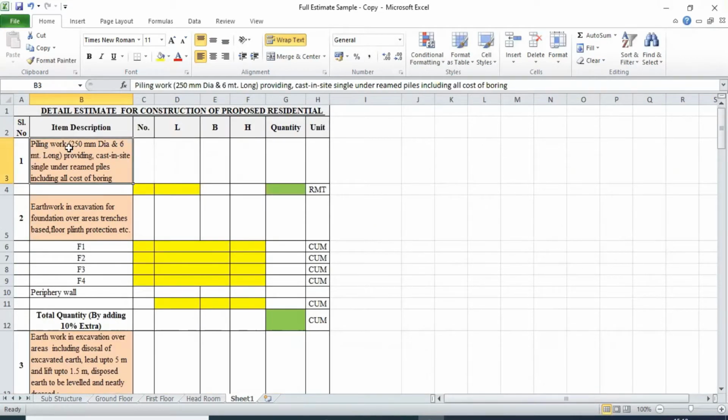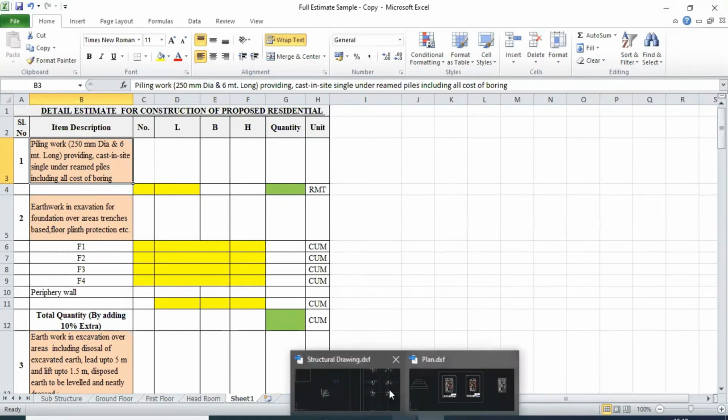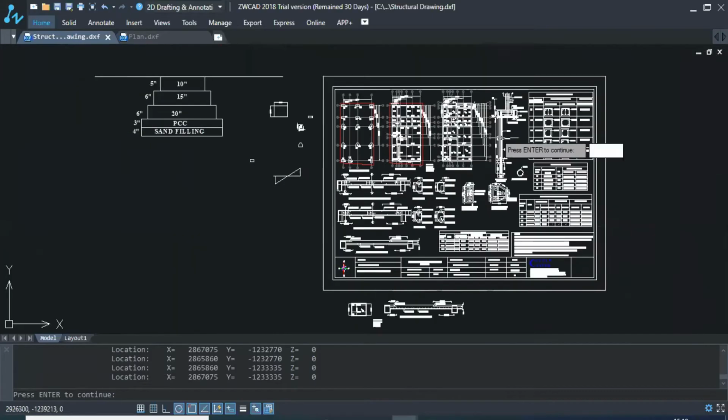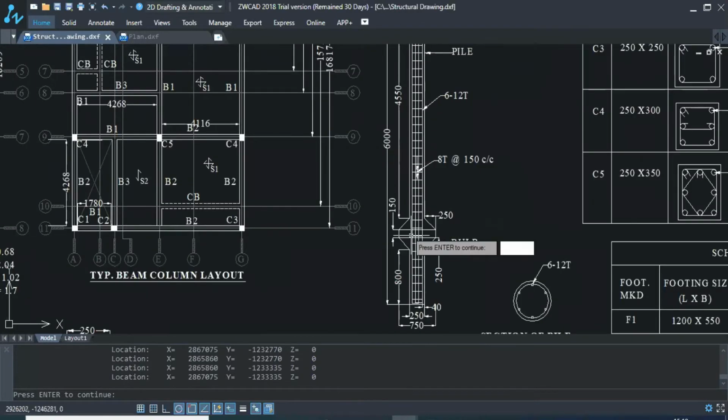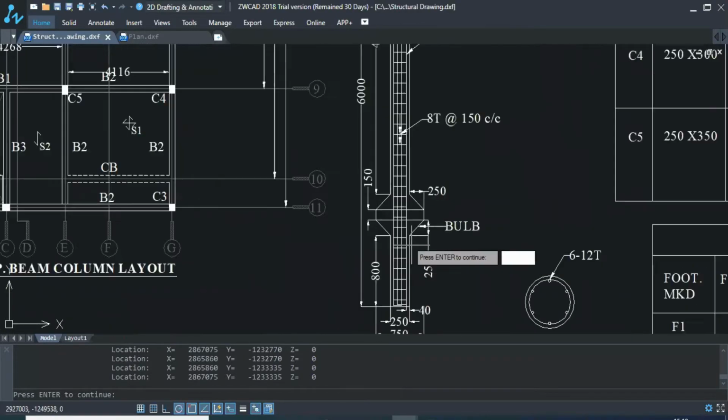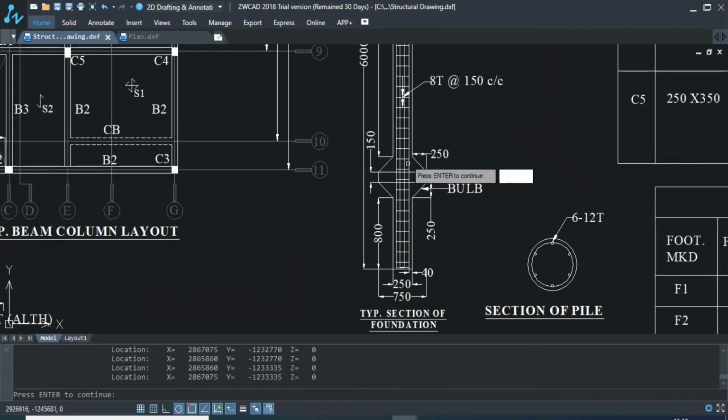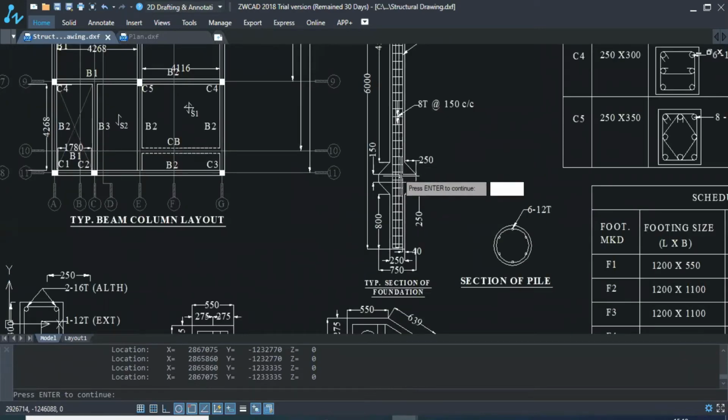Here you can see piling work, 250 mm dia and 6 meter long, providing cast in situ single under ream piles, including all cost of boring. So what is under ream piles? I'll show you. Here you can see this is our under ream pile and here a bulb has been provided to make the soil stable, to make our pile foundation stable.